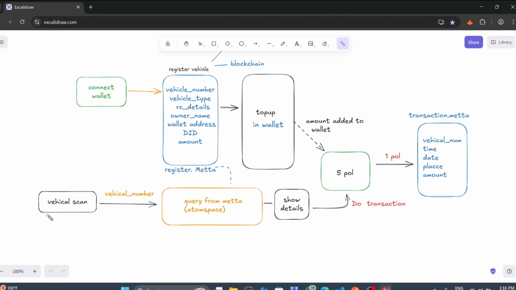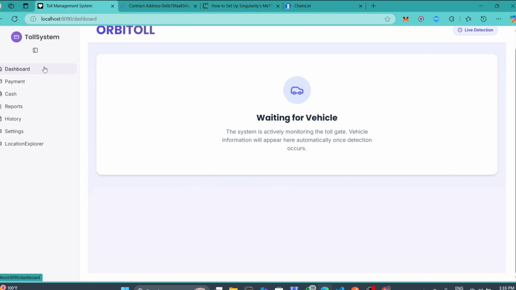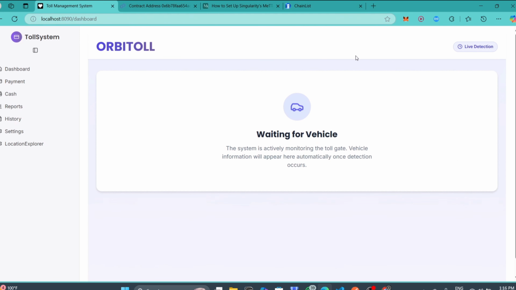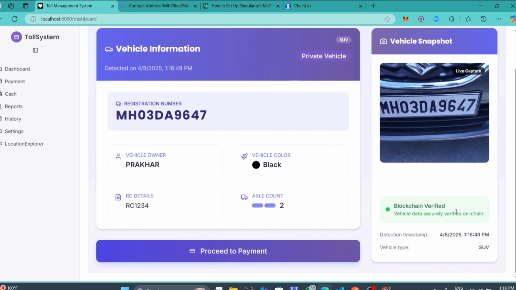On the other laptop I will scan an image, then I will get the vehicle number and show the details on this dashboard. So let's go for it. Let me set up. Okay, ready to go. I got the image here, and everything that I added has been fetched from the Meta. I've also created the endpoint that I will share with you, from which you can check, not process.